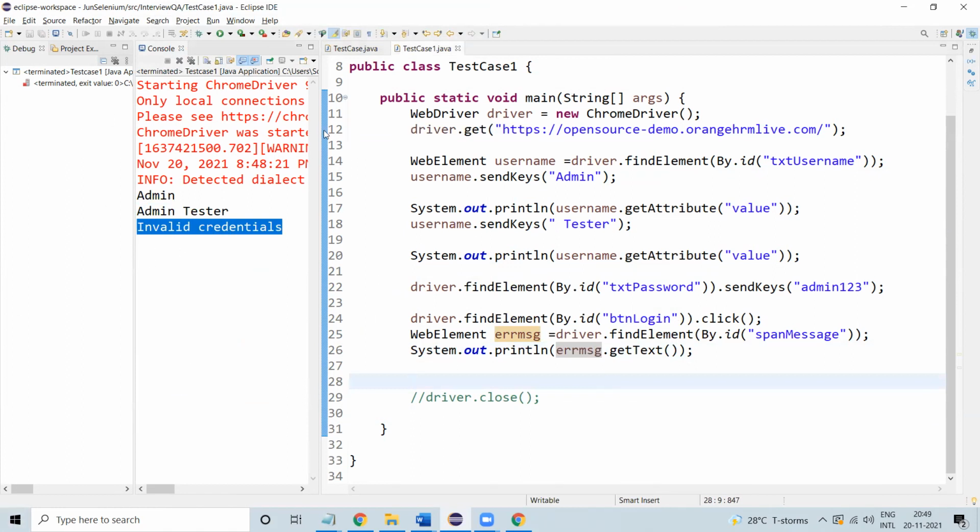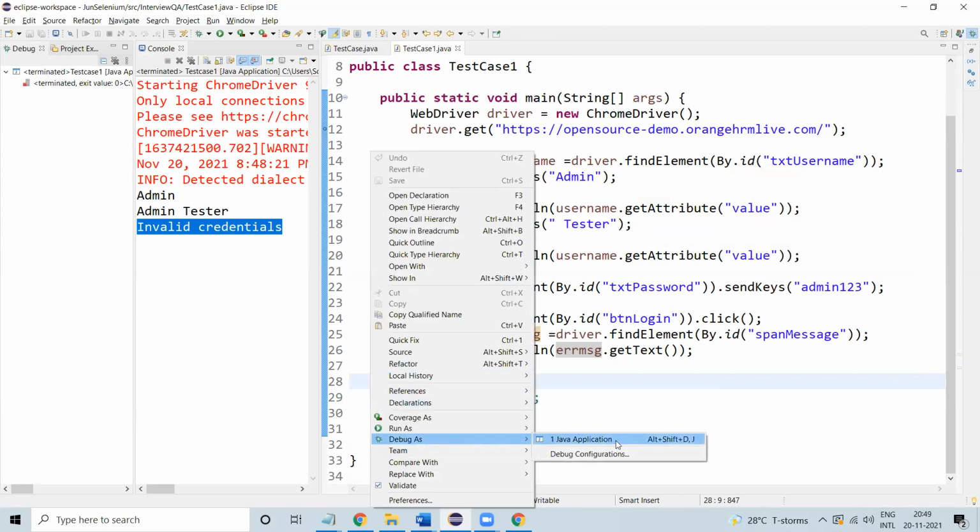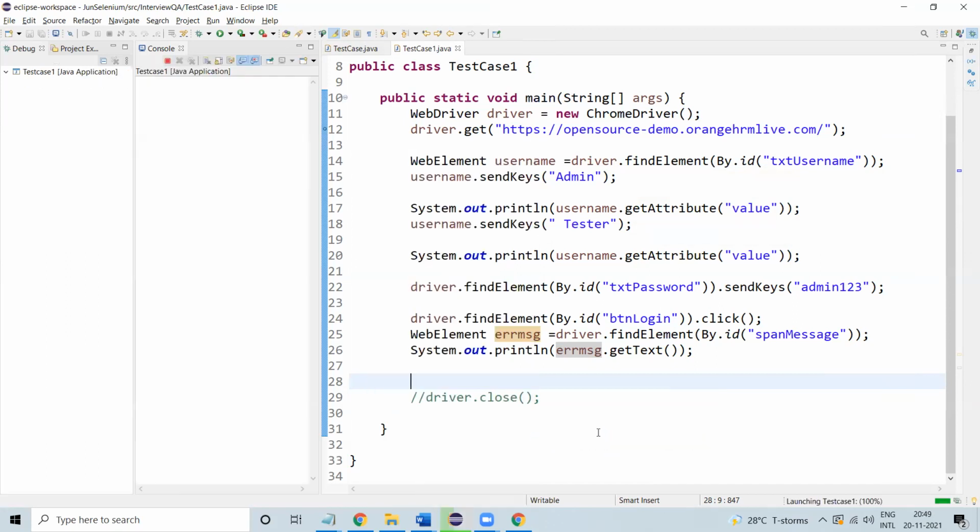Again, we'll add a breakpoint and start executing this script again in debug mode. We'll see how step by step works. So, Debug As Java Application.